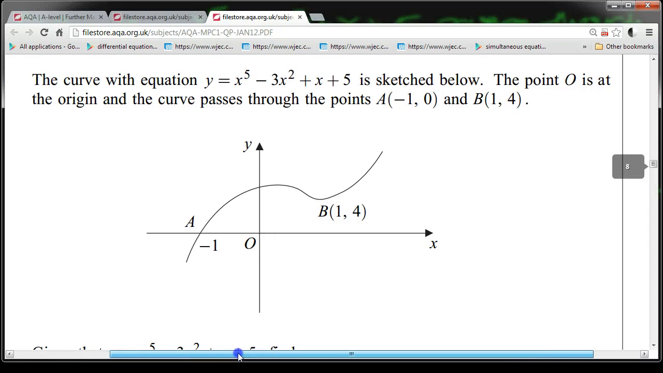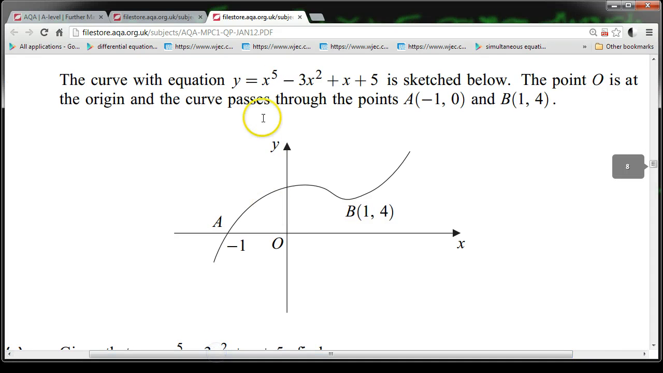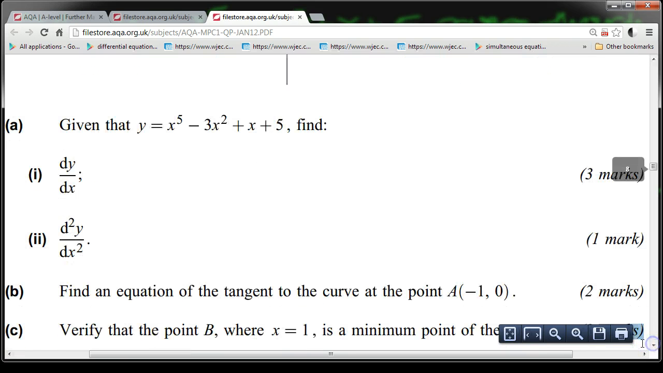The curve with this equation, here, is sketched below. The point O is at the origin, and the curve passes through A, minus 1, 0, and B, 1, 4. Given that y equals this equation, find dy/dx, find d2y/dx squared, find an equation of the